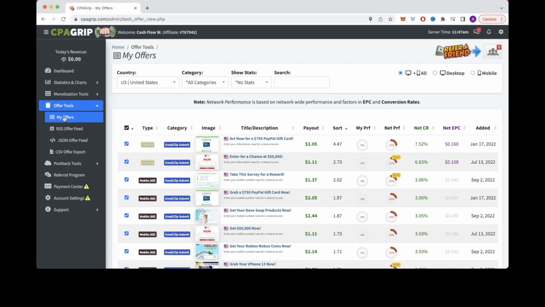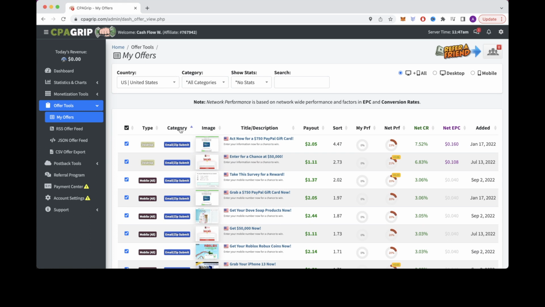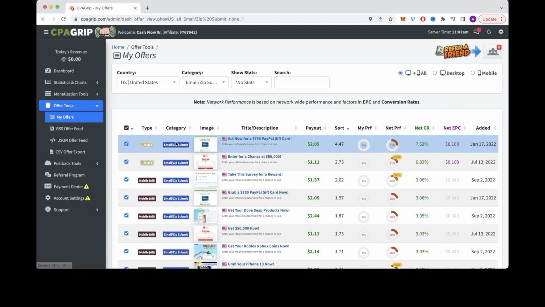After you've gone to My Offers, you will want to select some of these affiliate offers or CPA offers for you to promote. Also, I usually prefer for the category to be email submission because those are much easier to convince someone to put in their email as opposed to getting someone to pay for something or download an app. So for the email submission category, all someone has to do is simply put in their own email address